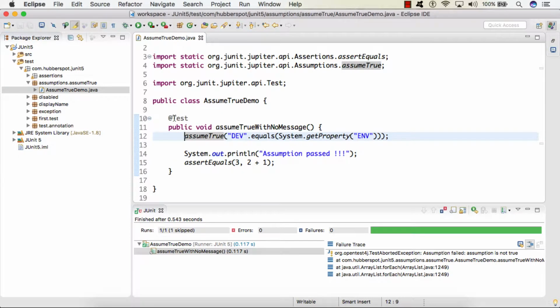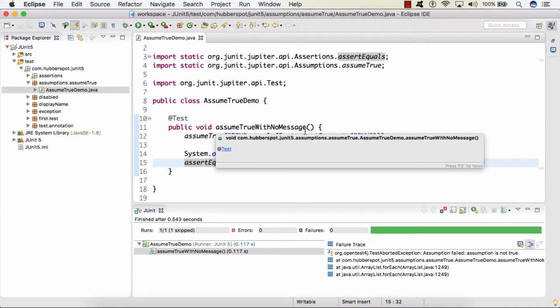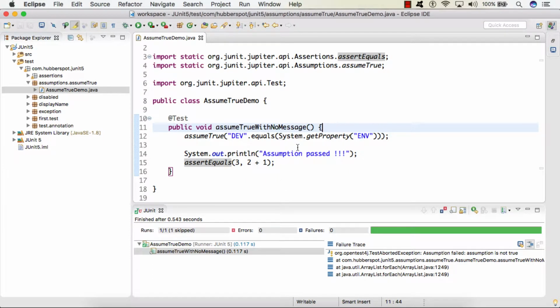But it didn't fail the test case, unlike assertions. So it simply skipped the test case. So here we provide the assumptions to first verify whether this test case is eligible to execute in this particular environment or not. So here I simply tested that if our environment is dev, then only execute this test case.